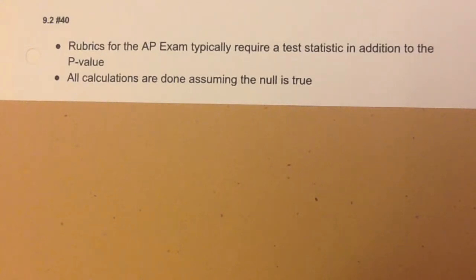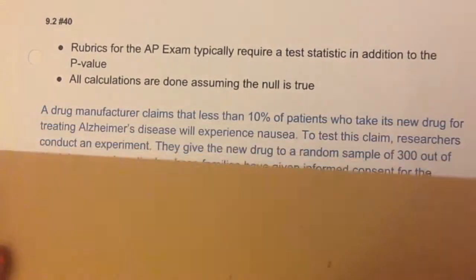And then all calculations are done assuming that the null is true. That means every time you're working through your hypothesis, again going back to the court case, we're assuming that you are innocent until proven guilty. So we're assuming that the null hypothesis is true. So all the numbers that we're going to run off of are according to the null hypothesis. All right, so the problem that we're going to be working on today